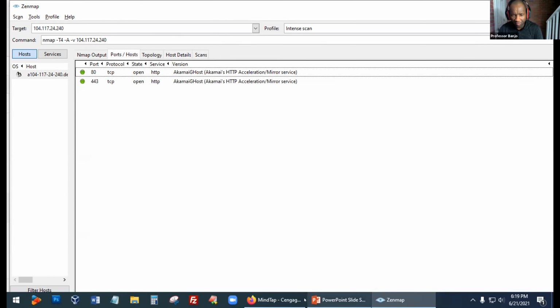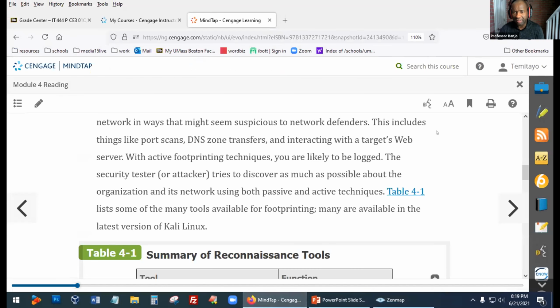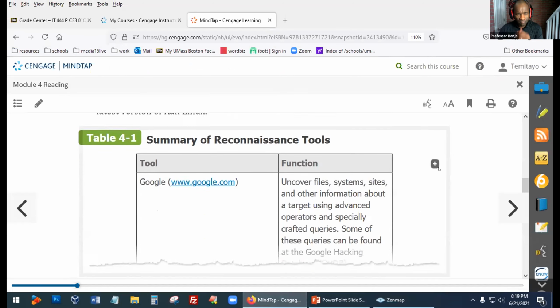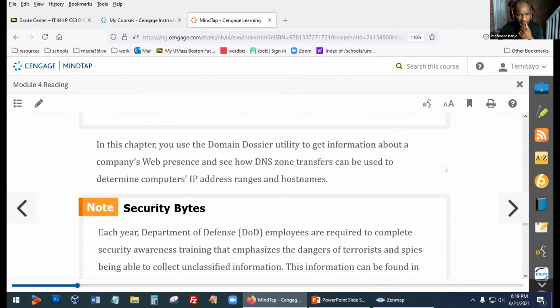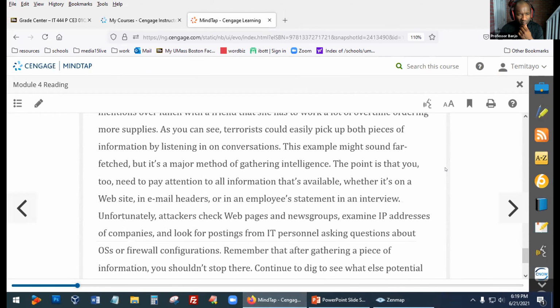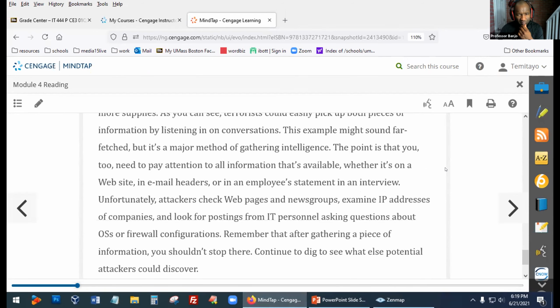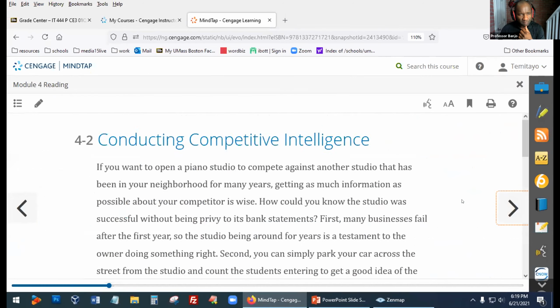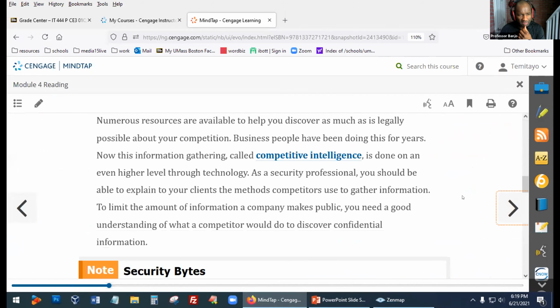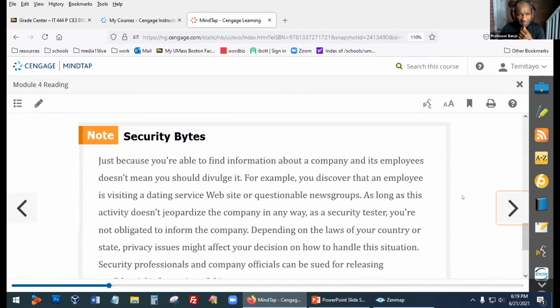All right, let's keep going here. Let's see some more things we can find here in the book. Okay, well, this is very important.